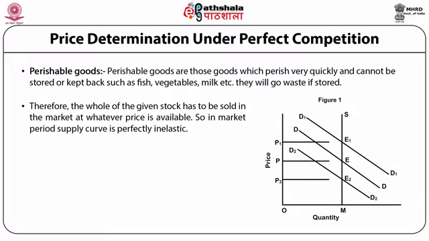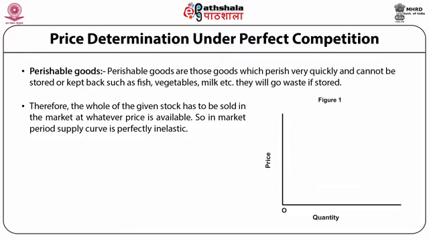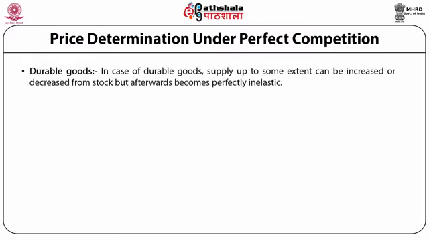This shows that in case of perishable goods, price increases or decreases with the change in demand, supply being perfectly inelastic. Durable goods. In case of durable goods, supply up to some extent can be increased or decreased from stock